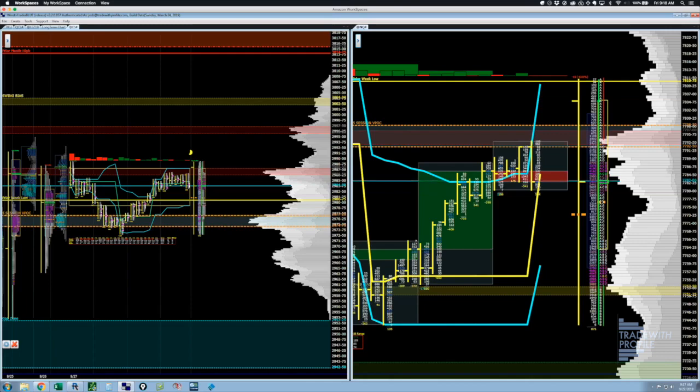So what's happened here, at least initially, is we've come back up into that area of inventory, that 95 area, and re-engaged those sellers. There we go. Come on. There's a big order right there, 1,000 contracts. I don't know if that's just absorption or what. I think they got a little bit more down here. I'm expecting it's some pretty good selling right there. And the profile needs to get worked out a little bit. It's a little wonky looking right now.